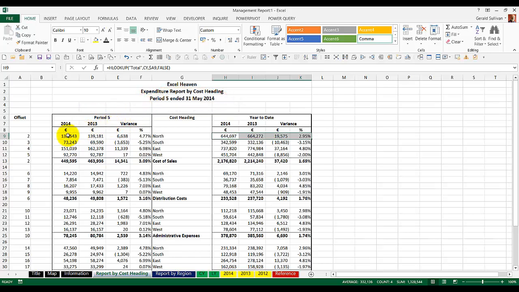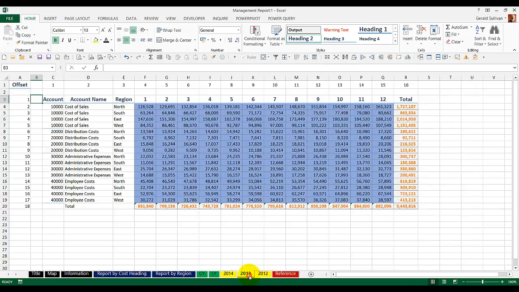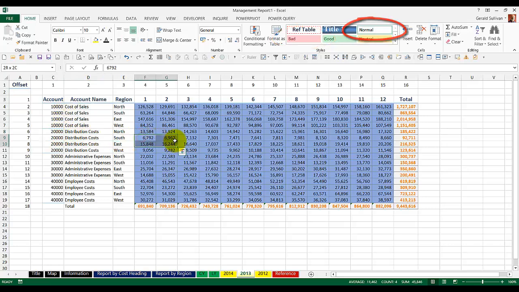The source of the information feeding the reports come from the yellow input sheets, one for each year. Looking at the sheet for 2013, cell formatting is used to distinguish headers, normal cells, inputs, and calculated cells. The sheet will be protected to avoid the inadvertent changing of the structure, leaving only the input cells available for change. You can see that the total expenditure for each month for each region is keyed into the input cells. The offset column is used to help identify the row index numbers used as offsets in the HLOOKUP functions on